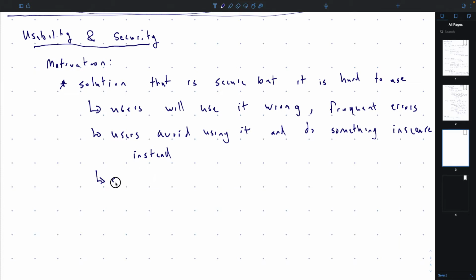Another theme that we'll see is that security is a secondary goal. What do I mean by that? When you use a system, you want to use it to do whatever it is that you want to do, right? If you can do it in a secure way, that's better than in an insecure way. But you don't sit down to do security. You sit down to send an email, and if you can do that in a secure way, then that's okay. So security is always the second consideration, but your first consideration is to actually do the thing that you're trying to do.